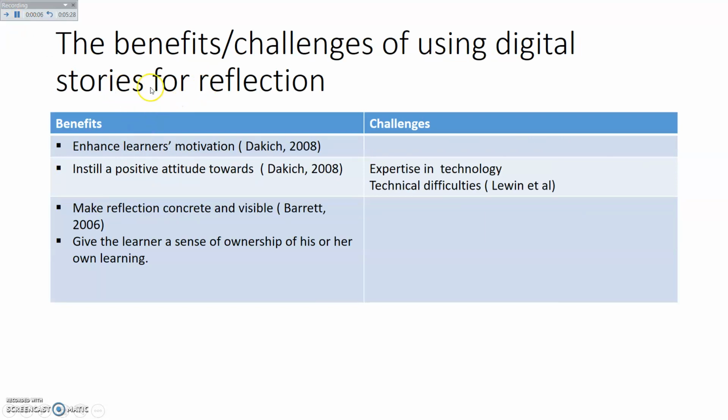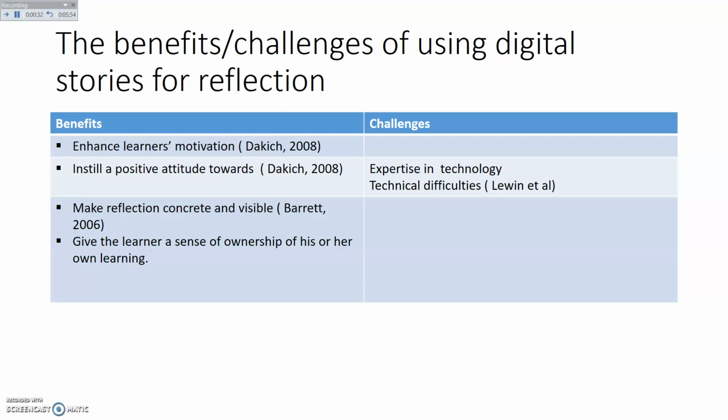One of the main benefits of using digital stories for reflection is that it makes reflection concrete and visible. When you document, let us say for example, your teaching in that tangible way, you can actually go back and see exactly what was done.